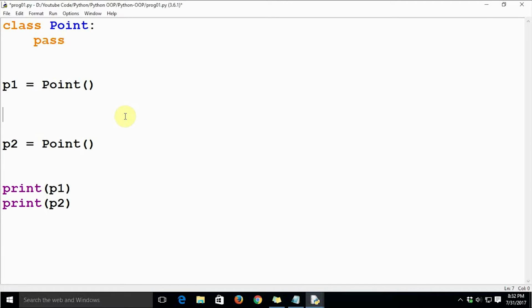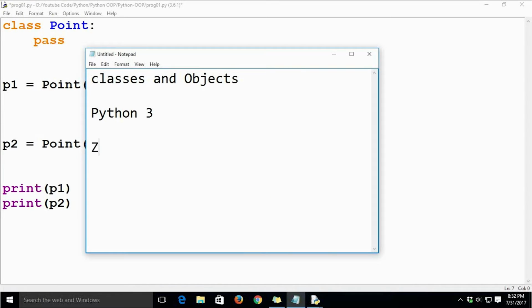We all know that in two-dimensional geometry we have two coordinates, x and y, and in three-dimensional geometry we have three coordinates, x, y and z. So let's write the code for defining a three-dimensional point.